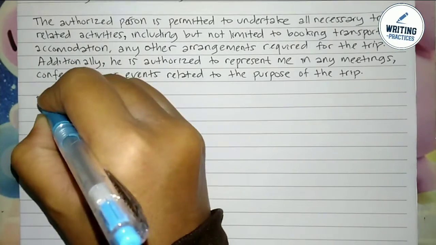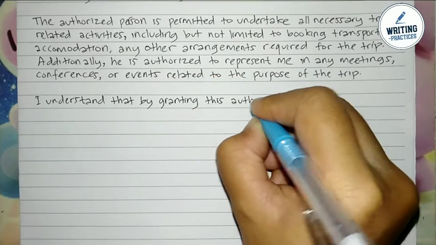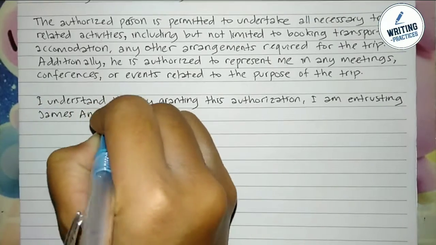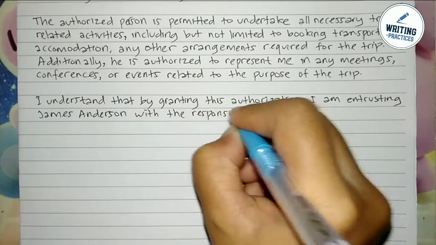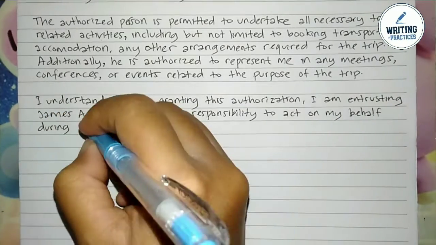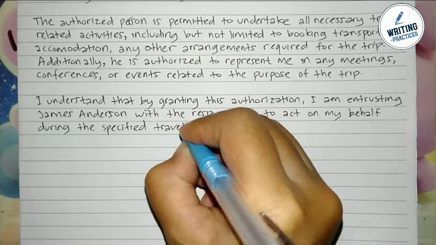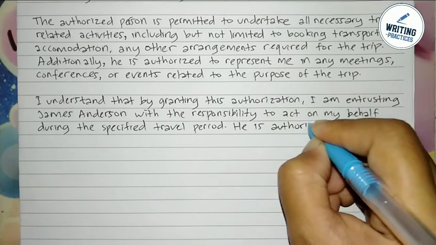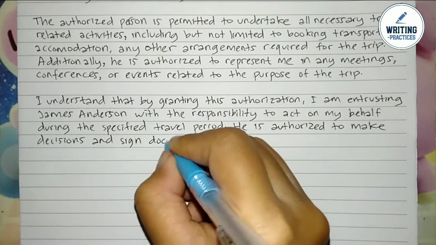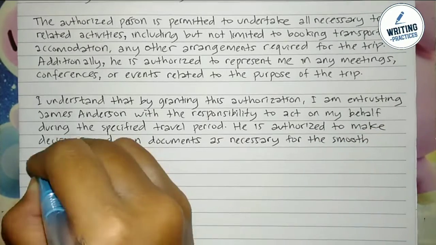In the third paragraph, now you can talk about representation and decision-making. Yes, it is a must that you authorize representation in meetings and events. And you have to state clearly that you trust the person. Here is the example. I understand that by granting this authorization, I am entrusting James Anderson with the responsibility to act on my behalf during the specified travel period. Not only that, you need to also mention the grant's decision-making power and document signing authority. Here, you may write something like, he is authorized to make decisions and sign documents as necessary for the smooth